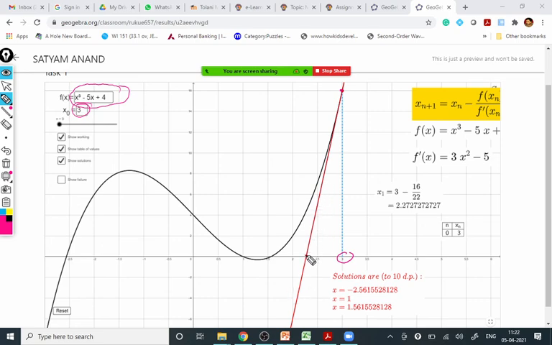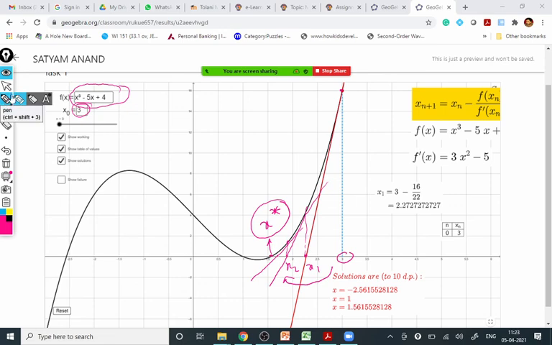Wherever the tangent is intersecting with the x-axis, that is considered as x1. And then it is taken here again, again a tangent is drawn. Again this becomes x2 then, and this is the value of x2. Again a new tangent is drawn, and you may have x3, and then you will reach this exact root as x star. X star is the correct root where it is on the x-axis. Intersection of the curve with the x-axis is the root. And you are approaching towards the root here at a faster rate. This one is the method that you have, that is Newton-Raphson. This is the formula that you will have here.